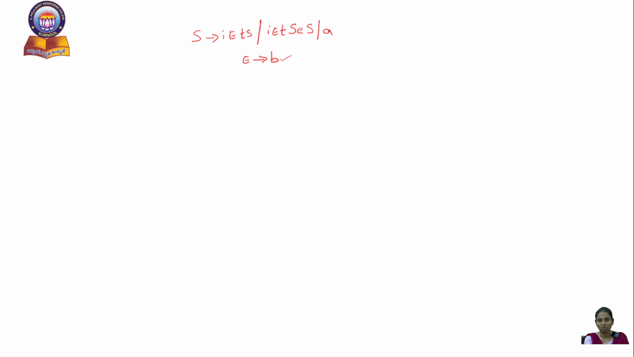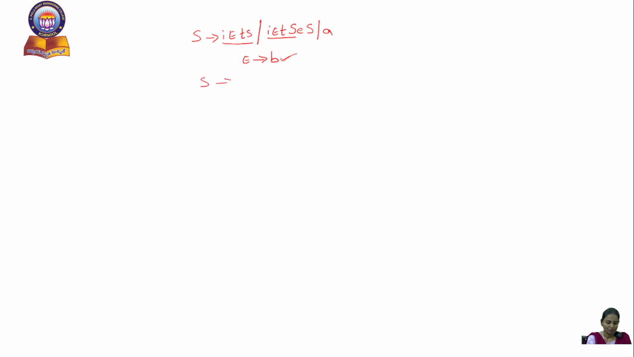It does not consist of any left recursion, and it does not consist of any common prefixes. So you can use this production as it is. But coming to the first production, here you can observe that "IETS" is a common prefix in the two productions. So you can rewrite it as